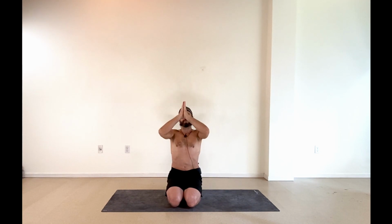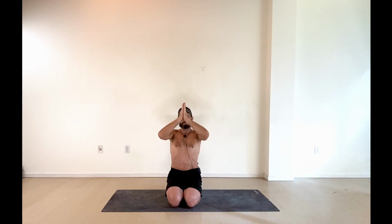So with your next inhale, reach your arms up high. Exhale, hands down through the heart center. Inhale, reach up high. Exhale, hands through center. Inhale, arms up high. Exhale through center again. Inhale, reach up high. Now with the exhale, bring the hands down through center and then over to your right